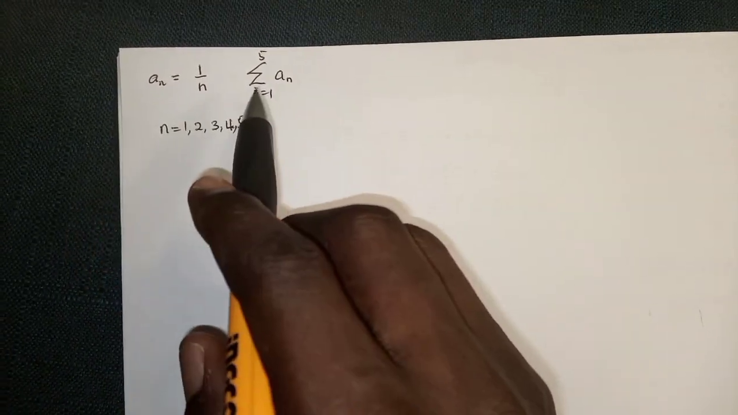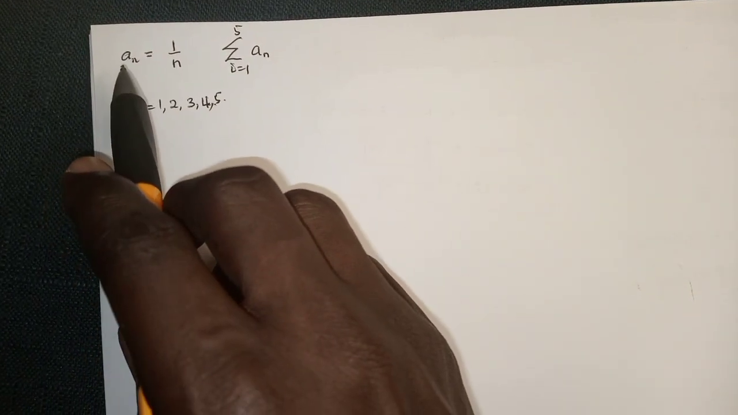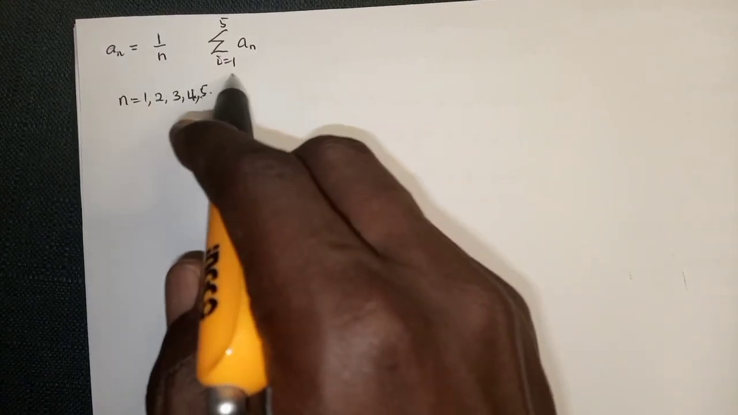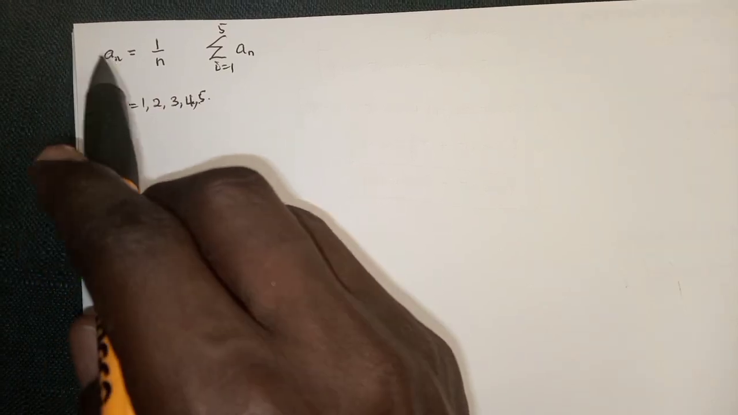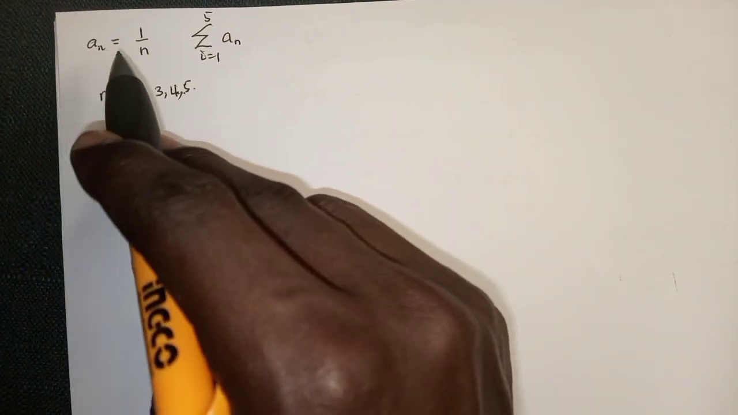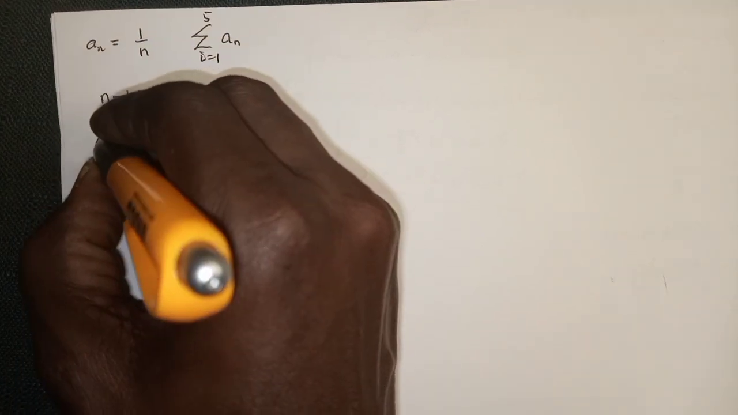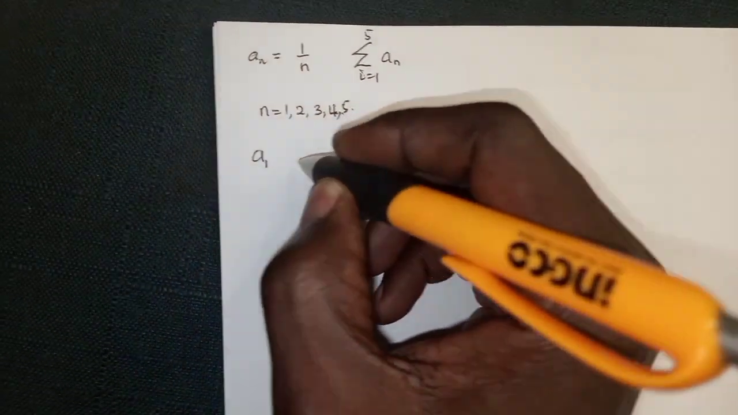Given the recurrence relation a subscript n equals 1 on n, you have to solve this. So this is so simple. What you have to do is substitute the value of the n. So you have a subscript 1 will be